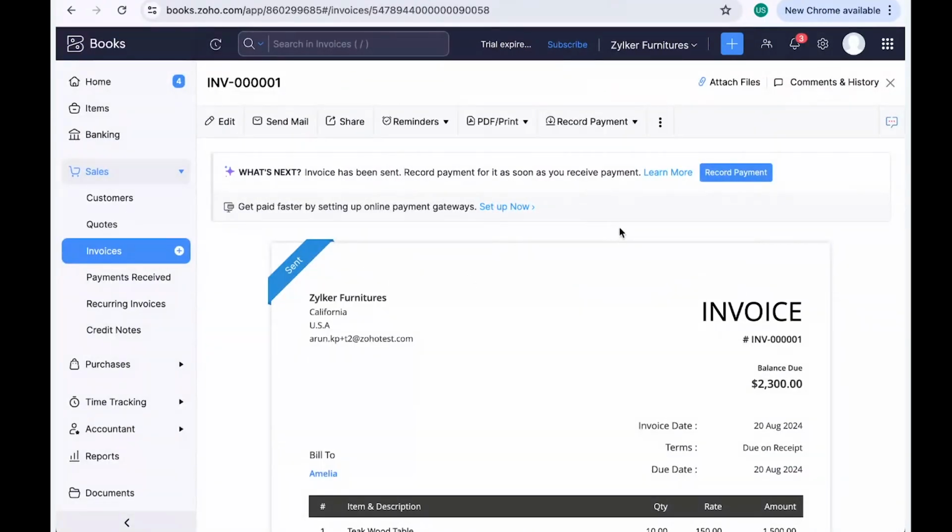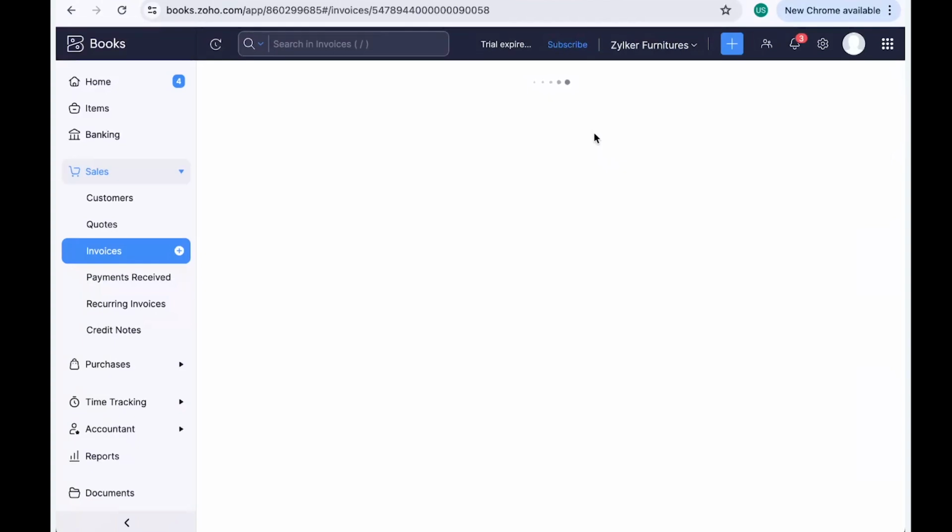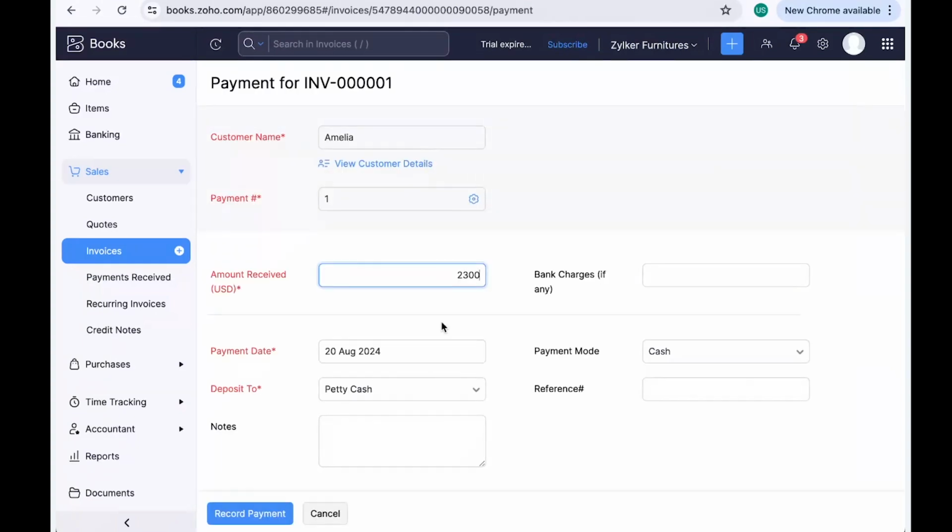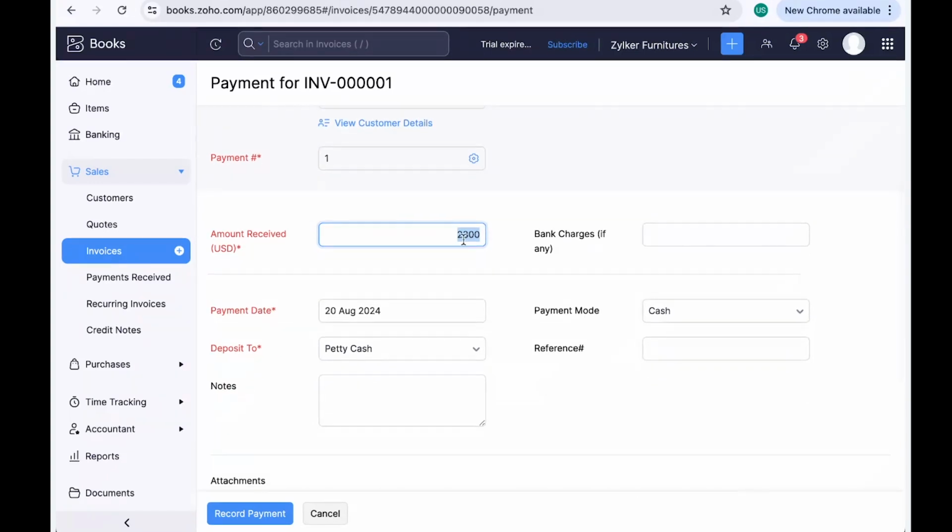Now, for those who do not use those online payment gateways, because there's always a set of customers who prefer to do cash transactions, you still have the ability to record payment offline. All it means is I can simply say that I have received the payment of $2,300, and